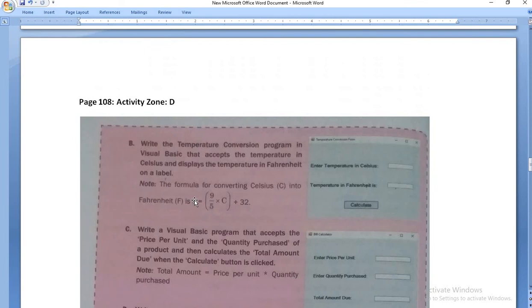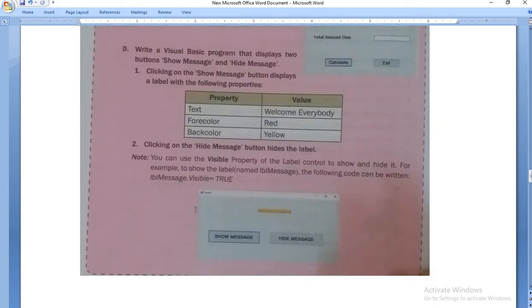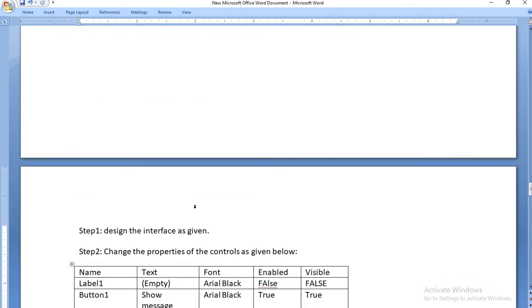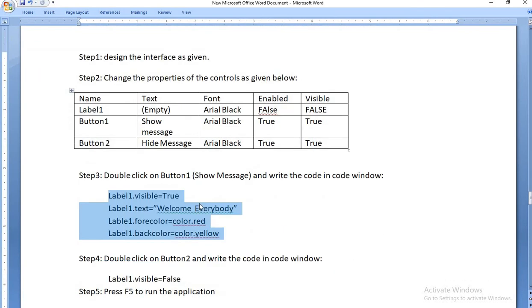So we have done question D, and we have already done C and B, and A is already done. Okay? So now you will note down this particular question, and this solution is present in front of you. You will note it into your fair notebook, and after that we will do the lab zone. After that I will provide you the question answers of the same chapter, and you will write the question answers in your fair notebook, and then this chapter will be over.